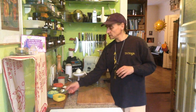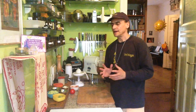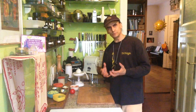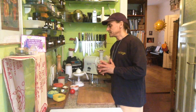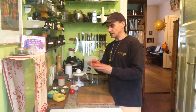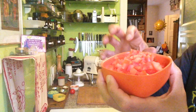I took a lot here also, but not as much as the parsley. Parsley is predominant, and the mint will give a little tinge. It's very nice. You don't need that much of the mint. Parsley flavor is predominant. So these are the green herbs, the main thing today. And now I want to show you the tomato, that's the second main ingredient. And now I will show you something special because, as I said before, this salad